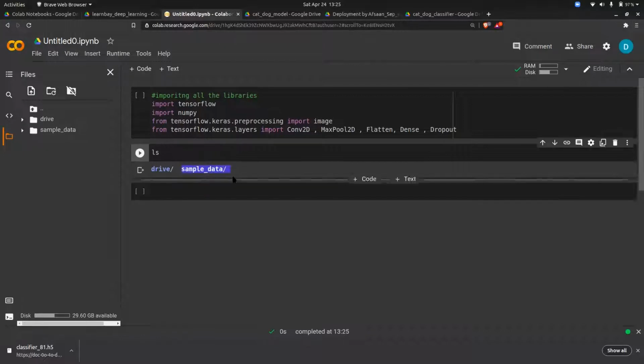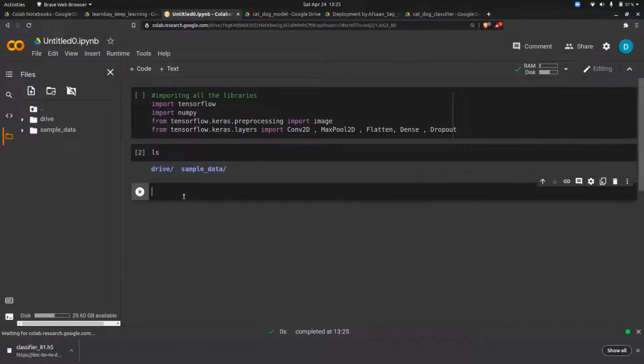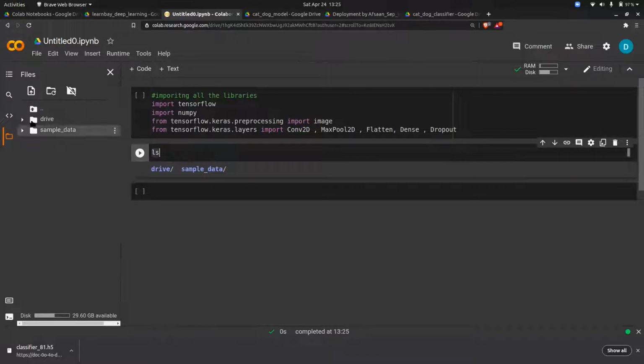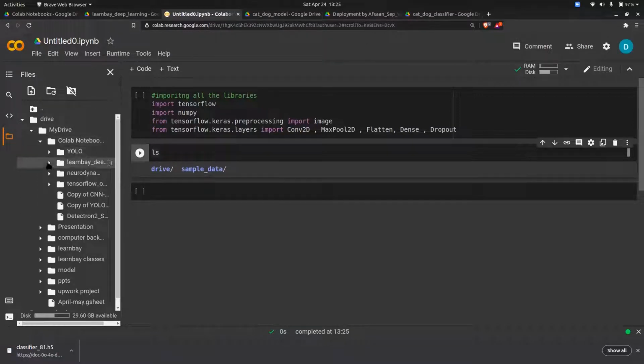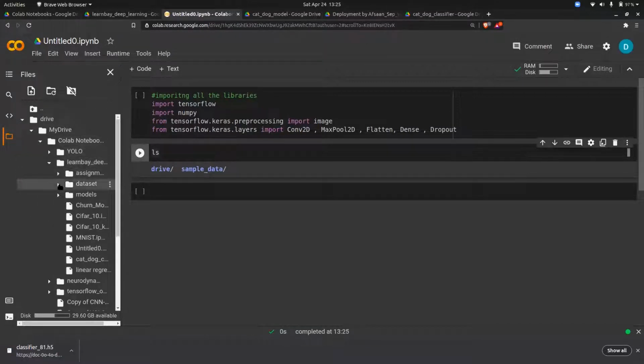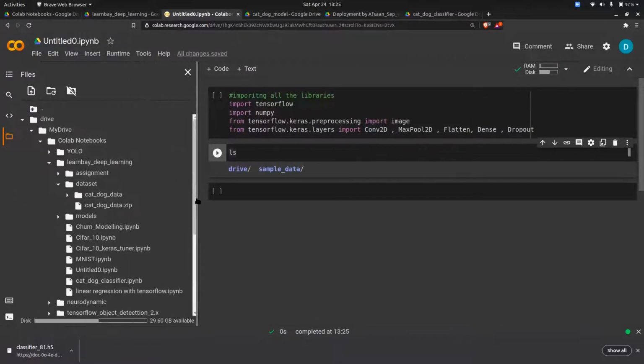If you want to go to a drive folder, you have to use cd. So cd drive, right? So see, for me, the file that I told you to download is inside Google Colab, inside LearnBay, inside dataset, and inside I have the zip file. If I expand this, can you see the zip file, everyone?